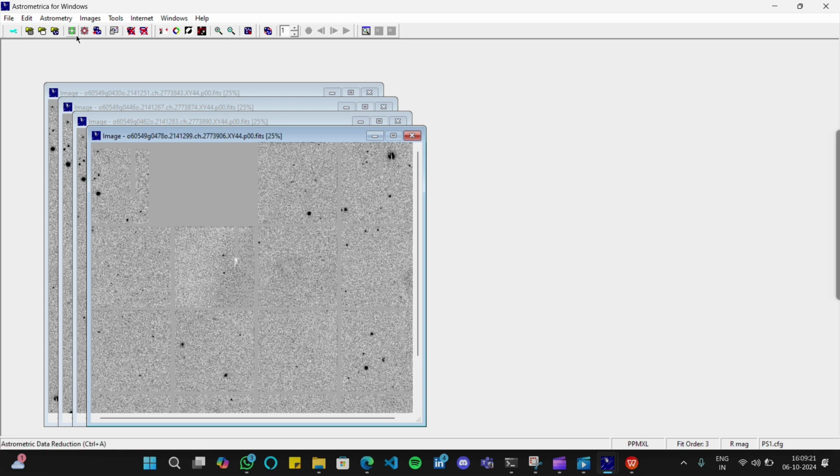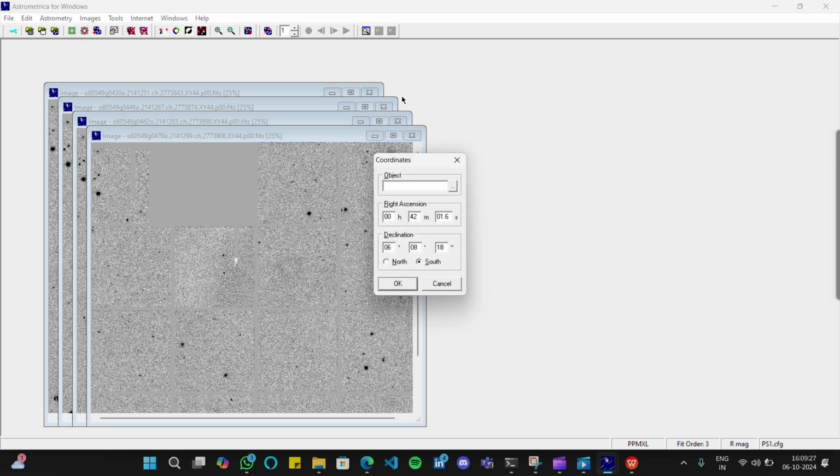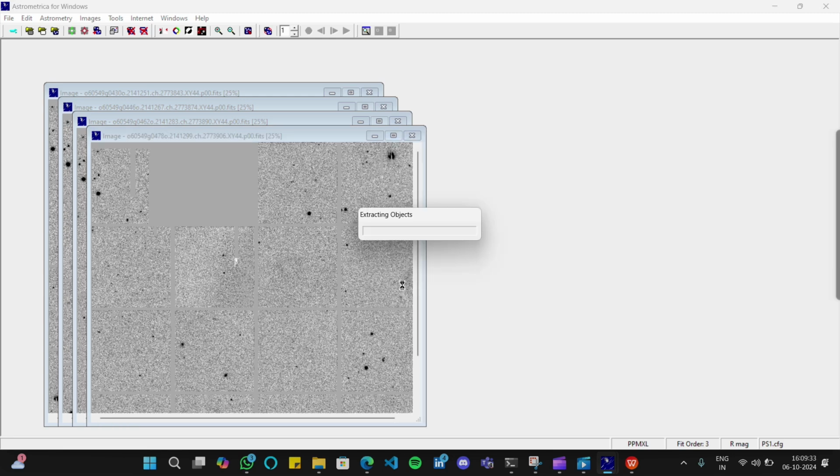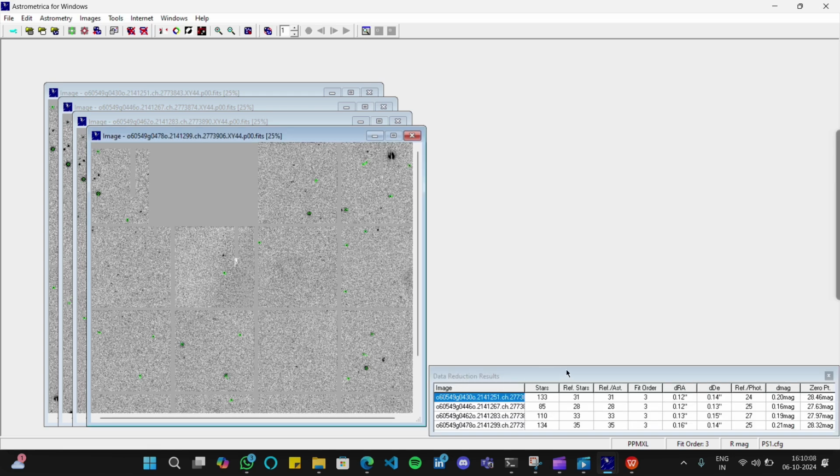The next thing is you have to select, here you can see, astrometric data reduction. When you click on this, an option will open. You have to simply ignore it and click on OK. So extracting objects is going on. One thing I want to tell you is that I am not explaining very deeply. I can explain each and every step, but the time is very less. This is a 1 month campaign and there are many things you have to do. You can do deeper research by exploring many things. I am only explaining the steps needed to find an asteroid. The data reduction result is there. You can see a table has opened, so you have to simply close it.